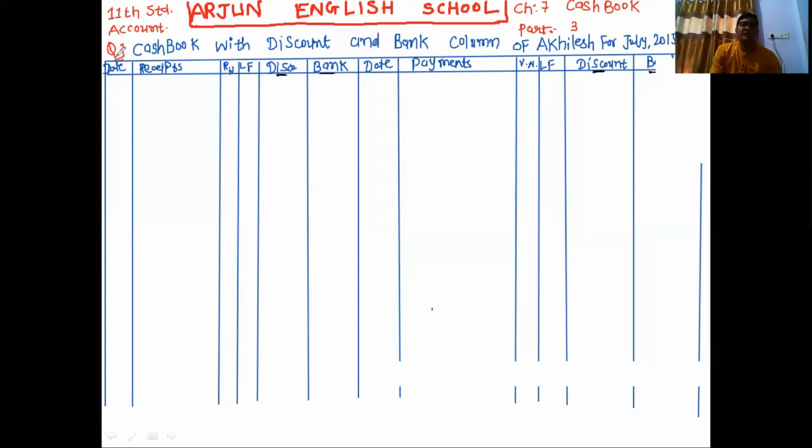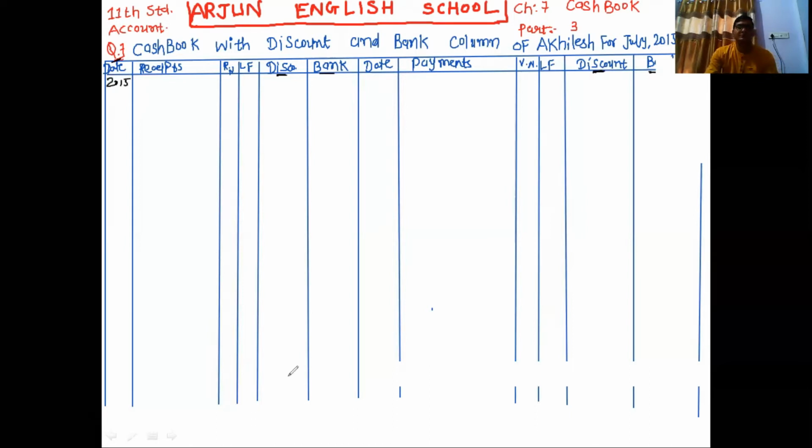Now we are starting with question number 7. From the following transactions, prepare bank and discount columnar cash book of Akhilesh. So we have to write down the cash book with discount and bank column for Akhilesh, and the month given is July. So we have to write down